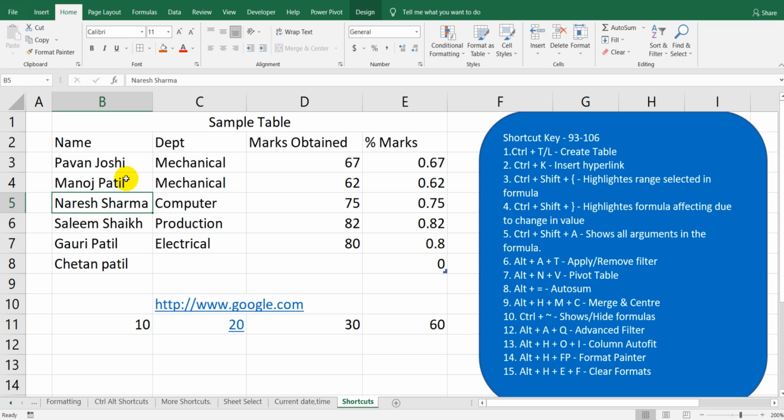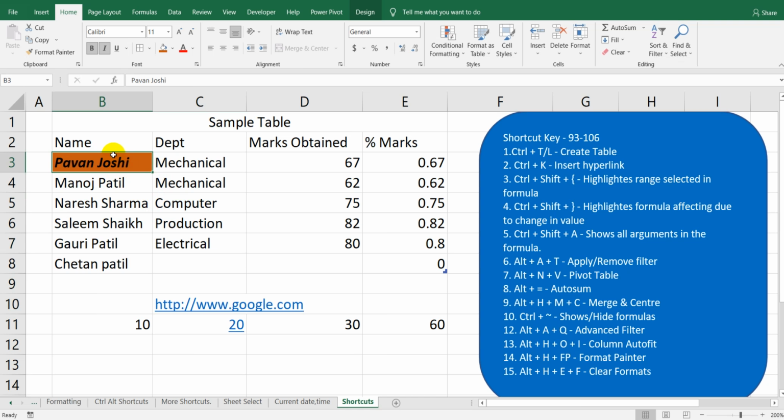Next is format painter. Now let's consider, I will apply some formatting over here. Again, I will apply the underline, and now I need to apply this format to this cell, to Narendra Sharma. To use the format painter, just select the cell from which you need to copy the format.